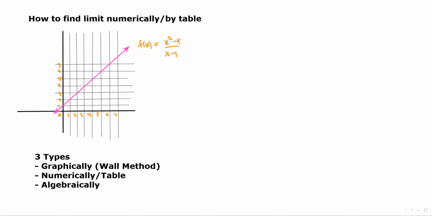f of x is equal to x squared minus 1 over x minus 1. So how do we solve this using a table? The first thing we need to do is draw an x and y table. In this case, our y is represented by f of x, which is equal to x squared minus 1 over x minus 1. Now, it's going to be really helpful if you have a graphing calculator